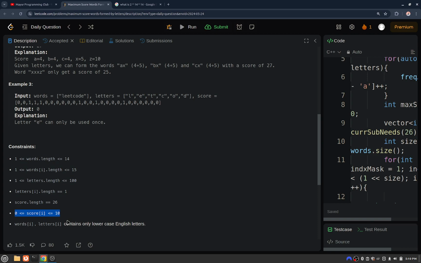So that is already taken care of by these small constraints, and words and letters consist of only lowercase English letters. Okay, so these are the constraints. The thing to be noted here is that the length of the words array is not that large, so we can try out all the possible subsets of words that we can form with the given letters. Keeping this in mind,